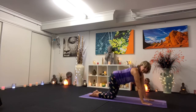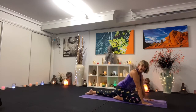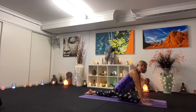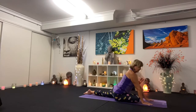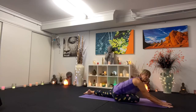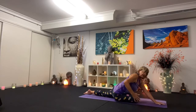We're going to step the right knee behind the right wrist and then slide the left leg back. Now if you can, walk that right foot out to the long edge of the left side of the mat. Nice big inhale as we walk the hands forward. Bend our elbows, take the forearms down to the ground and the chin back to the chest. I want to feel that stretch down the whole right side of the thigh, the glute,